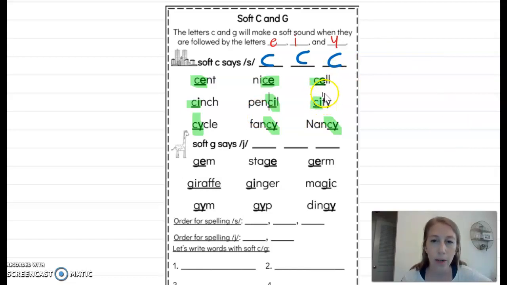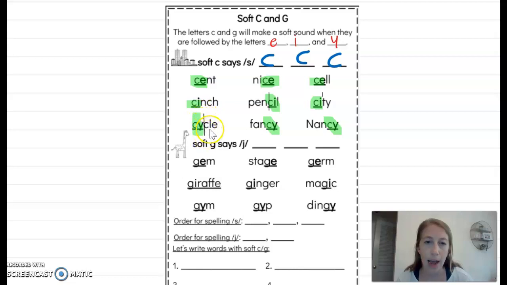Oh, so let's see. Hold on. Oh, sorry about that. We're going to see that I is saying sit, and then this Y is making the E sound. City, city. And the next word,